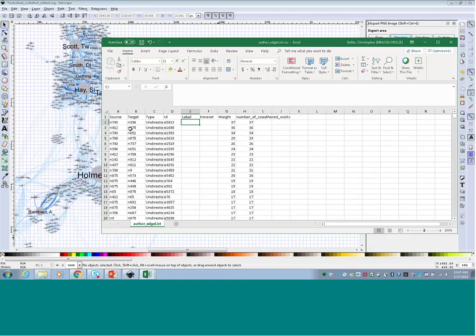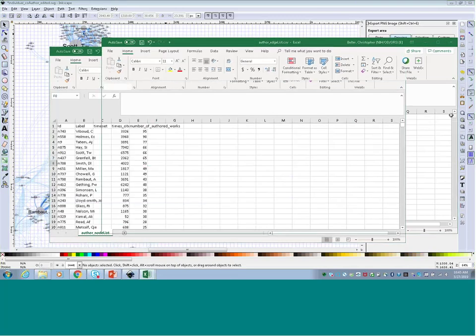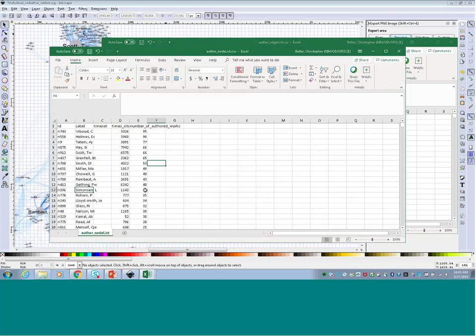What is somewhat inconvenient is the source and target nodes are node IDs rather than individual people. So you have to look up who those people are in the node list to see what that line actually refers to. In this case, the line is between N743, who is Vibud C, and N396, who is Simonson.